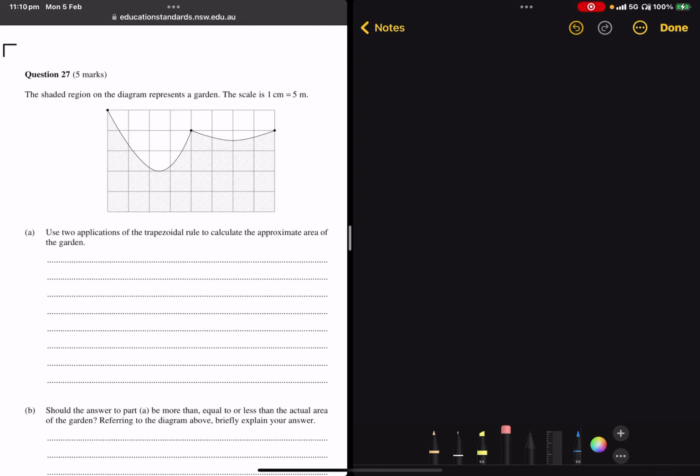Okay, so we're going to have a look at another question from the 2020 HSC Standard 2 paper. This is just a short question. This is 27B. So we're going to talk about 27B, separate from 27A. This says, should the answer to part A be more than, equal to, or less than the actual answer of